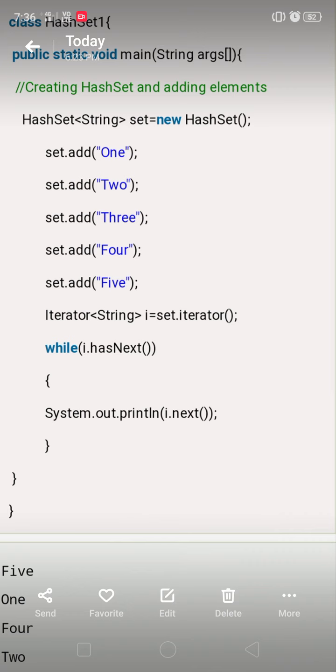So to retrieve through the collection as well as to print it, we are using the Iterator type interface and creating the object. Here the iterator interface object is i, and i.hasNext means every time it travels through the collection, if the next element is present, it returns true. While true is there as the parameter, it goes to the statement present in the while loop, System.out.println(i.next()).